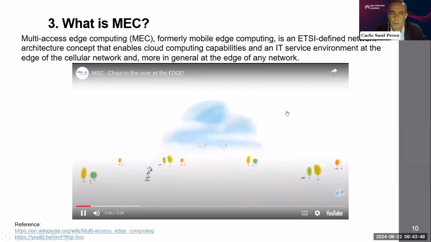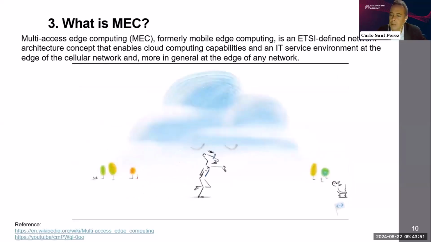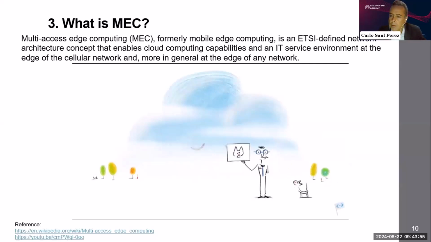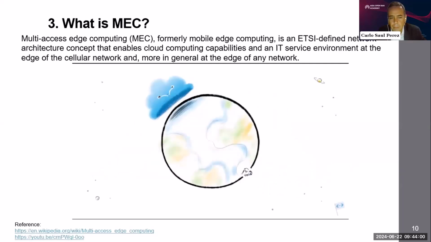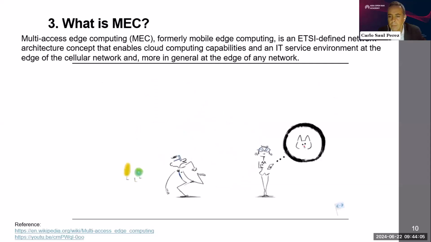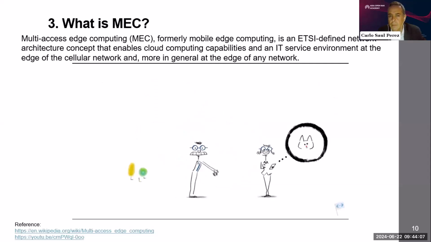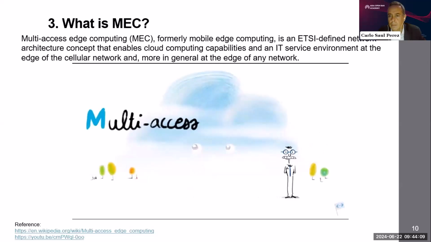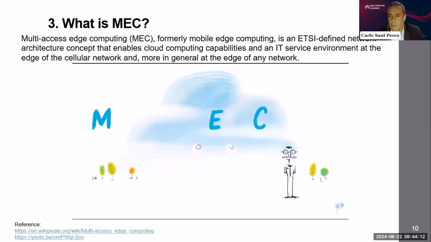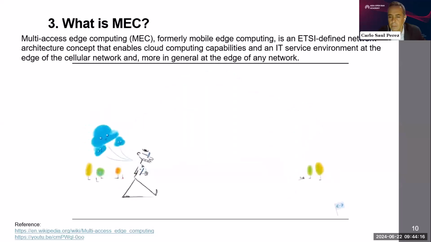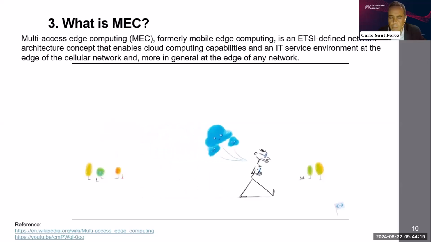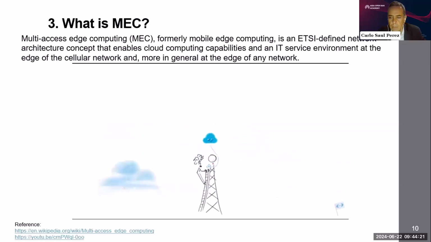For some time now, against the tide of centralized cloud computing, one idea keeps coming back. What if we could save data from having to travel thousands of kilometers when it is destined to come back to the same place? This is the idea behind multi-access edge computing. We call it MEC. MEC is like small, local clouds, physically installed as close as possible to the users, at a mobile base station, for instance.